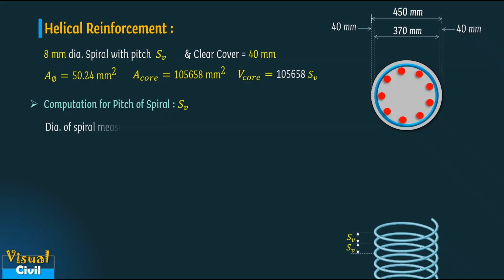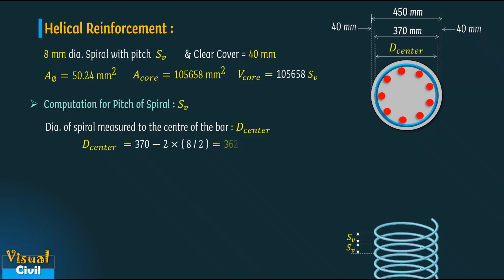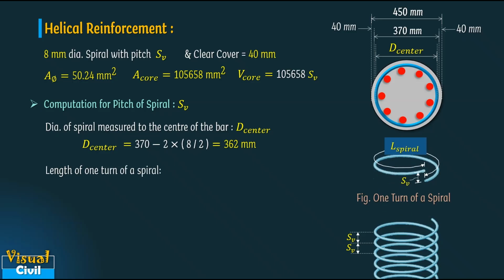Next, let us calculate the diameter of the spiral measured to the center of the spiral bar. This is obtained by subtracting the spiral bar diameter, which is 8 mm, from the core diameter of 370 mm. After calculation, the spiral diameter comes out to 362 mm. Now, let us determine the length of one turn spiral as shown in the figure. This is simply the perimeter based on that diameter. The computed length is